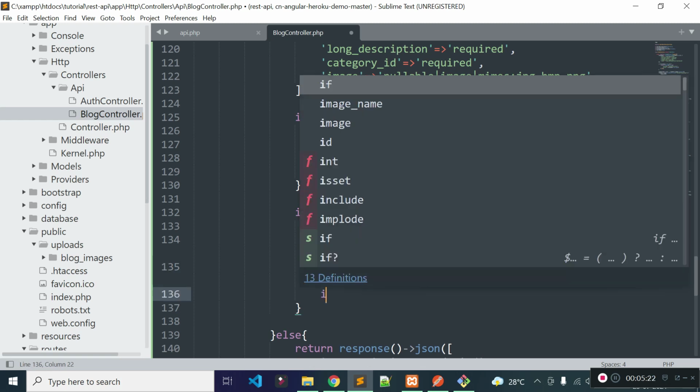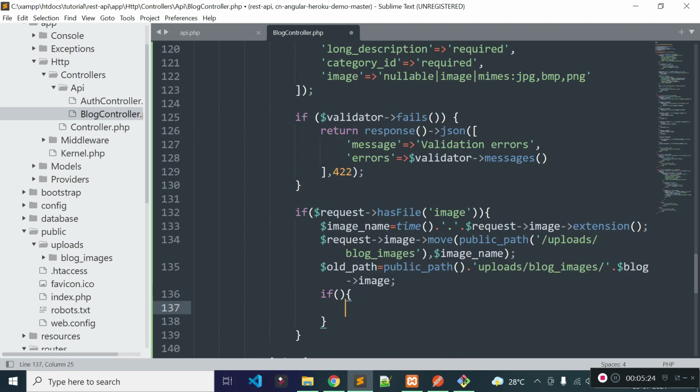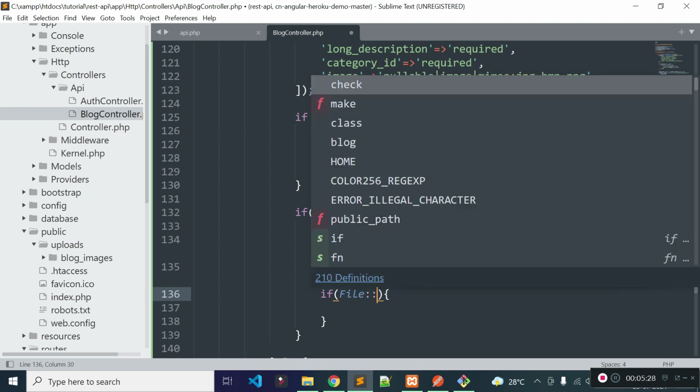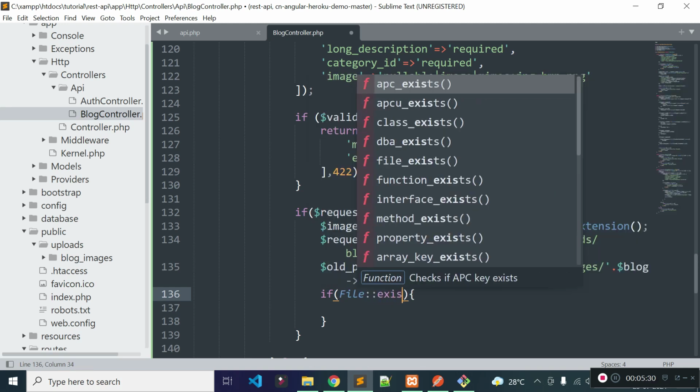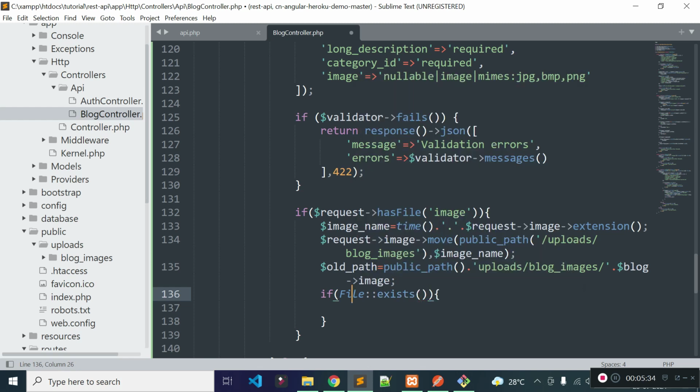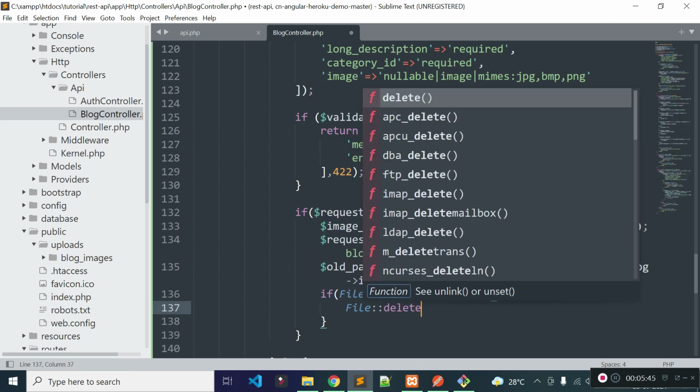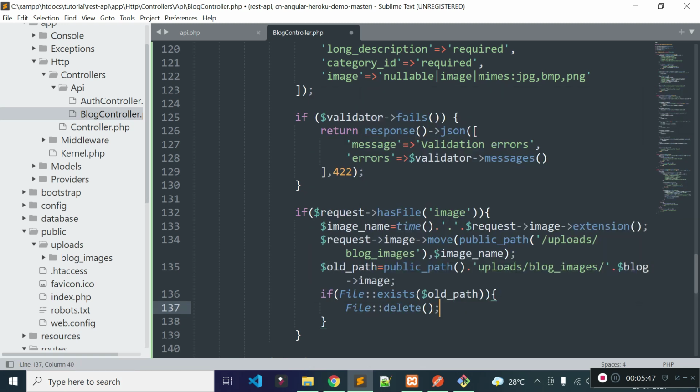Now I will check if this path exists or not. With the help of the File facade we can check if this file path exists or not, and inside this exists method we need to provide the path. If this file path exists, then I will delete the file with the help of the delete method, and let's provide the path here.